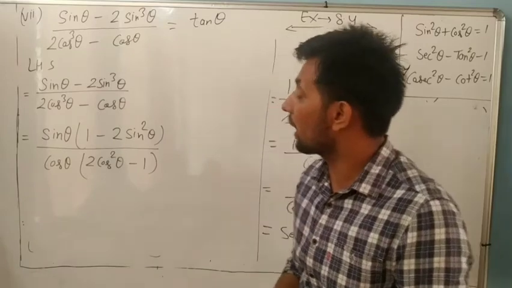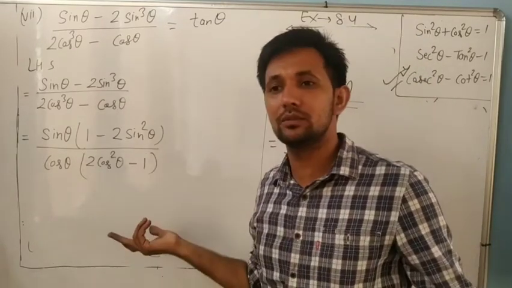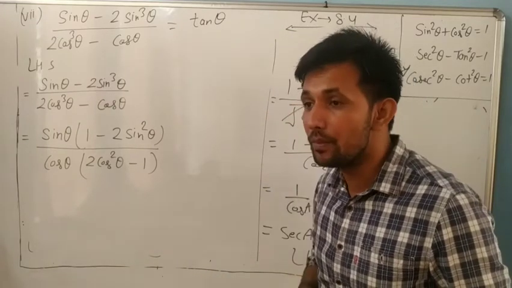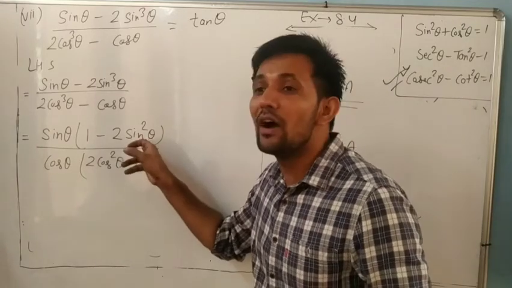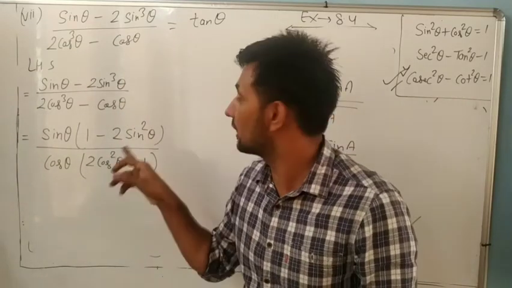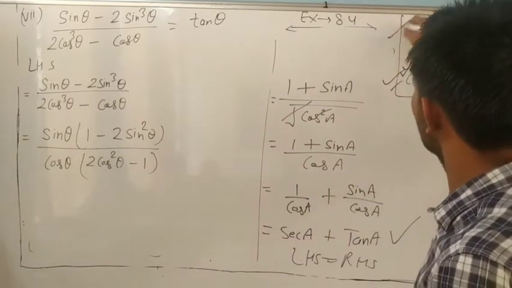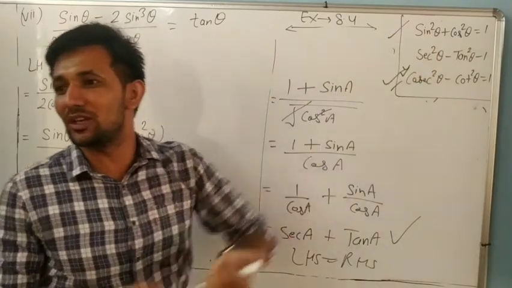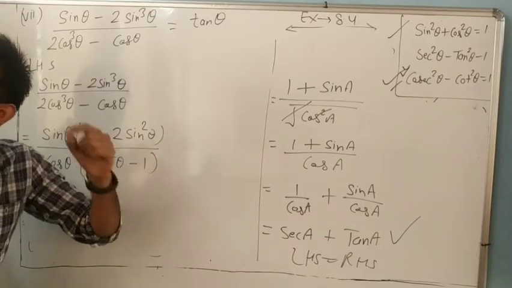Tan theta. If we remove this one and this one, our answer is okay. We got our answer. And how can we cancel them? It is sin, it is cos. So we have to change sin into cos or cos into sin, and square is given, so we use a square formula. We know sin square theta plus cos square theta. So either you change in the numerator or the denominator, in any one.